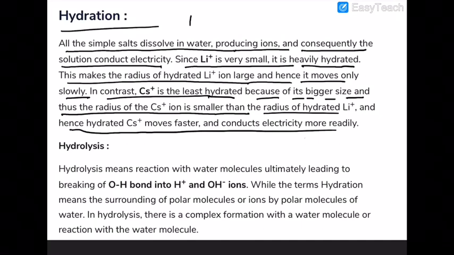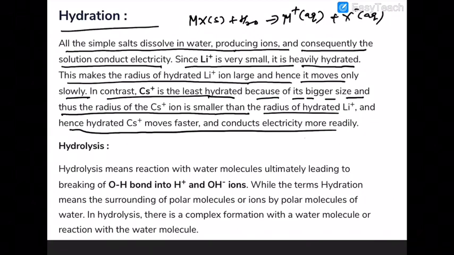Whenever a metal is dissolved in water, it feels very strong attraction from the water molecules because of their high dipole moment, or you can say high dielectric value. So the M+ cation is attracted by the water molecule. Similarly, the anion also. Why? The negative end of the water molecule is attracted towards the cation, while the positive end is attracted towards the anion.